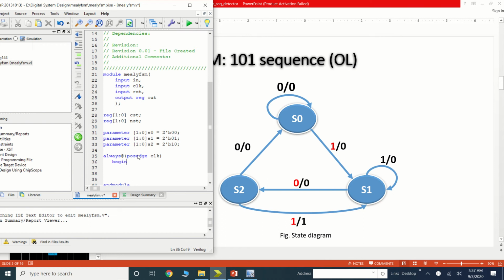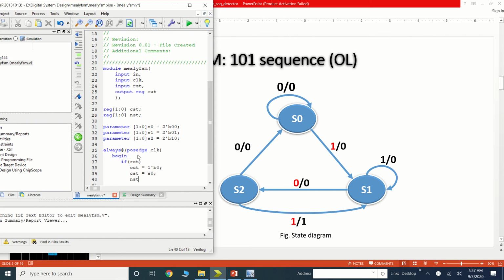So what if reset equal to 1? If reset equal to 1, output equal to 0. And the current and next state would stay in the reset state, that is our S0 state that we have already defined in the parameter.